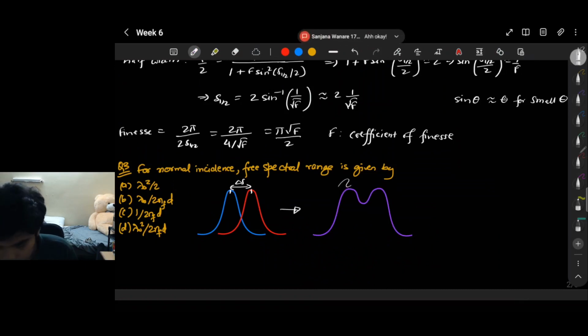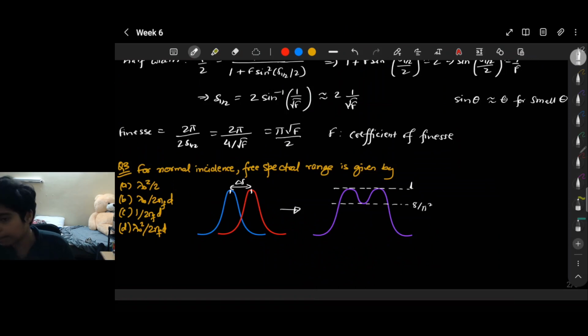So this is 1, and this point where there is a dip, if this point is at 8 over pi squared, then we say that we are just able to resolve. So this is the Rayleigh criterion. This is from Rayleigh criterion,